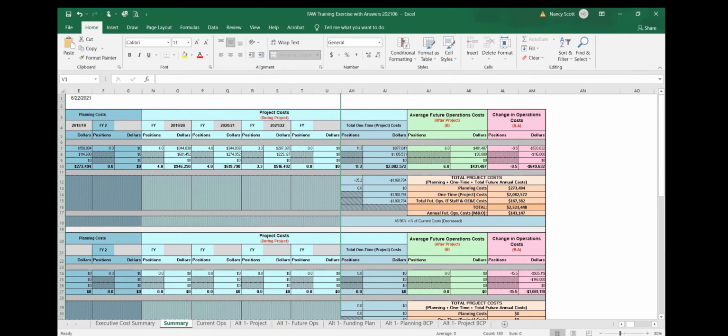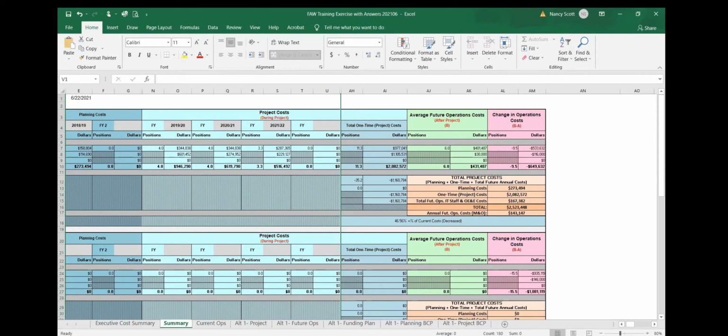Hey, Nancy, I just want to point out that you said hide and not delete. I think that's an important thing that everybody needs to know: hide, not delete. Never delete any columns or rows or cells, because it will cause a reference error.